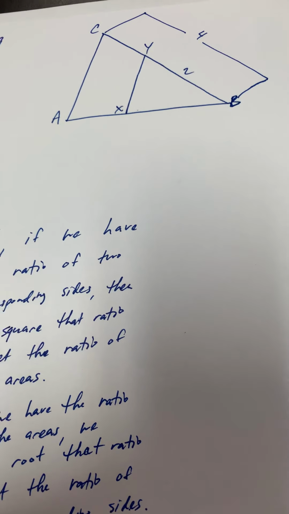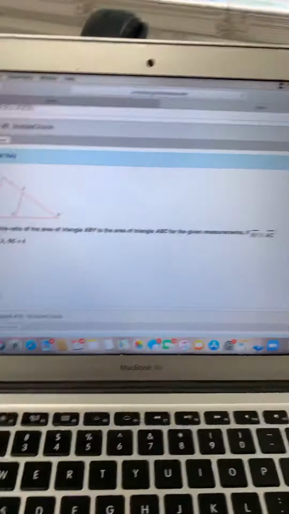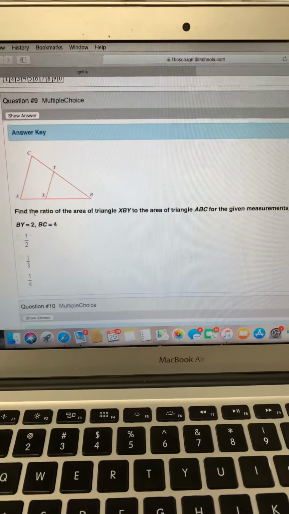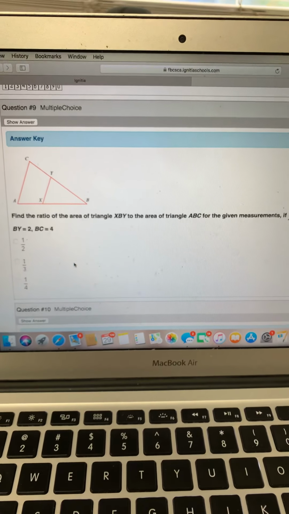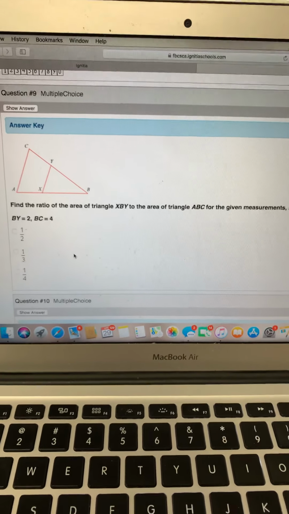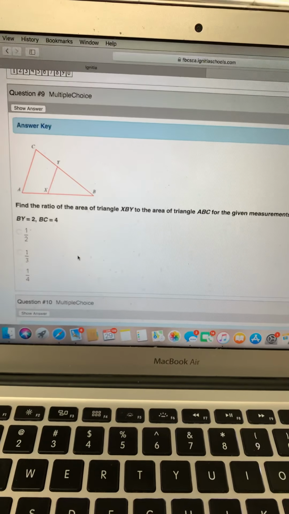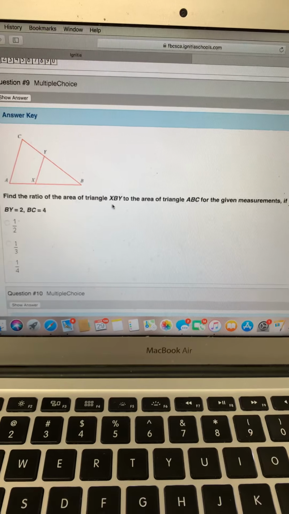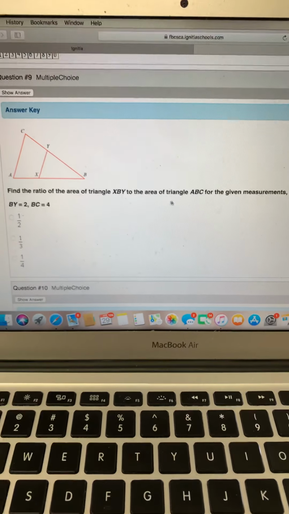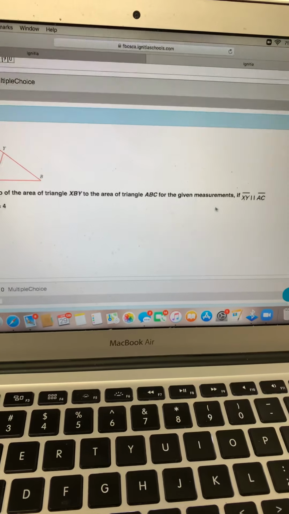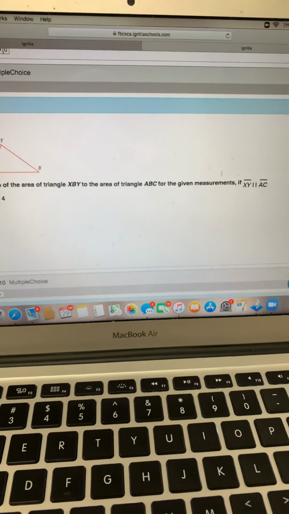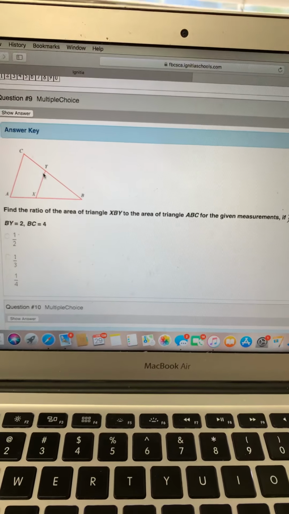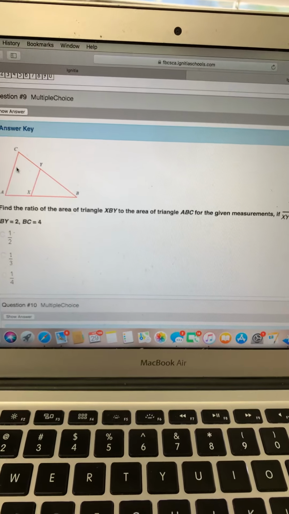So we're looking for the ratio. Let me just bring it up here. Find the ratio of the area. We're trying to find the ratio of the area of triangle XBY to the area of triangle ABC for the given measurements. Now they're saying that XY is parallel to AC, because when it is parallel,